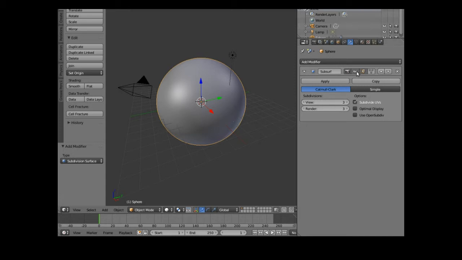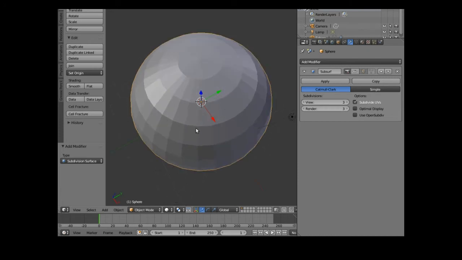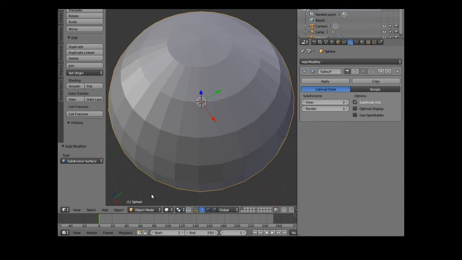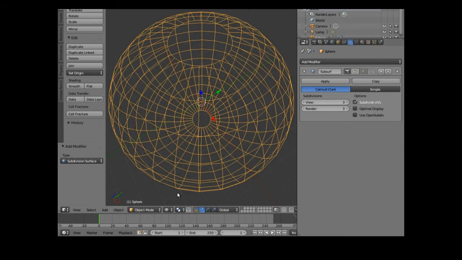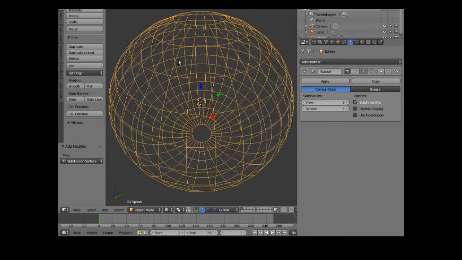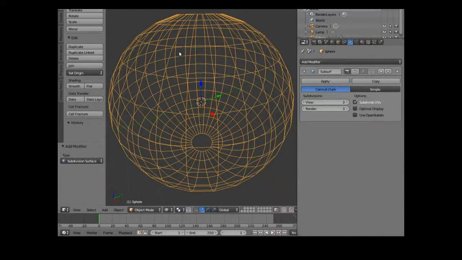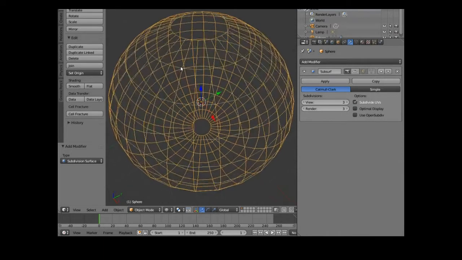Now if I turn that off for a moment, because I'm not going to use it for the moment, you will see that what we have on here is a number of vertices, and if I go into wireframe you can see that more easily, and a number of faces. Now on the top here we've got a single face, and that's absolutely fine. There's no need to play around with that, but I need to make a point, and that point is quite simply that